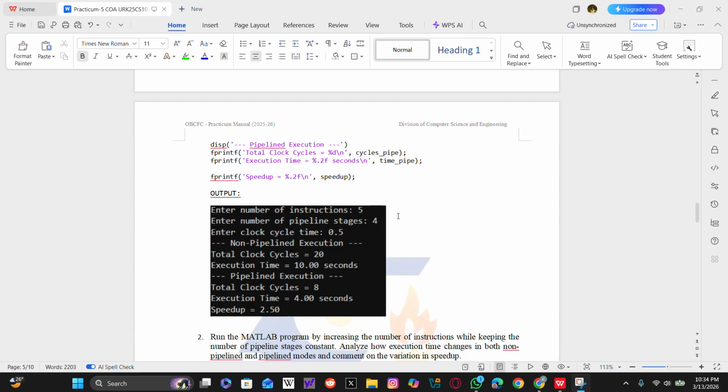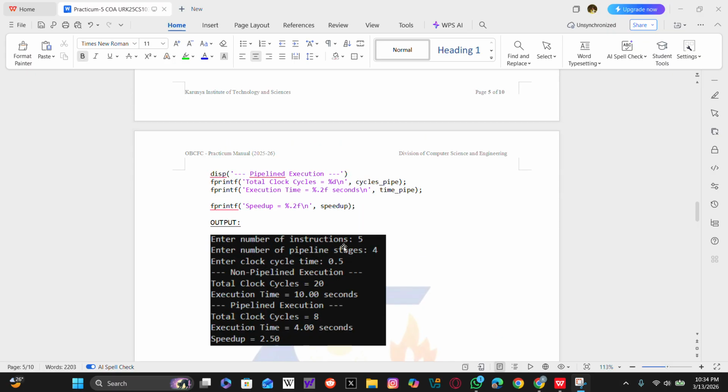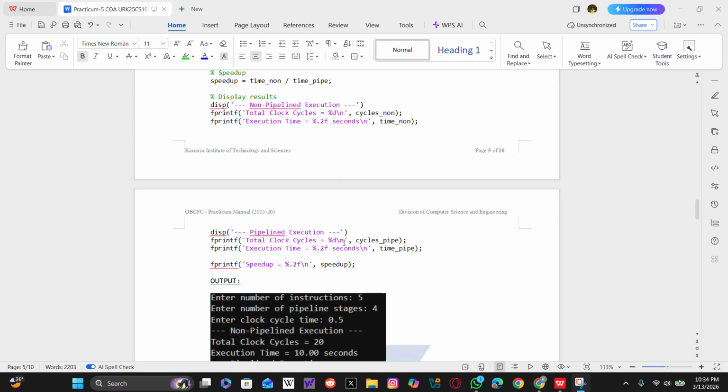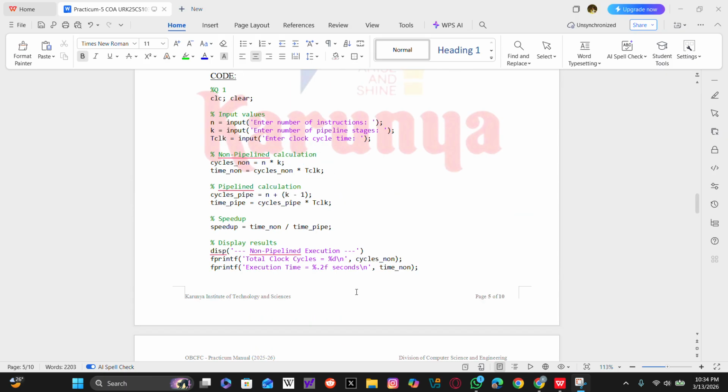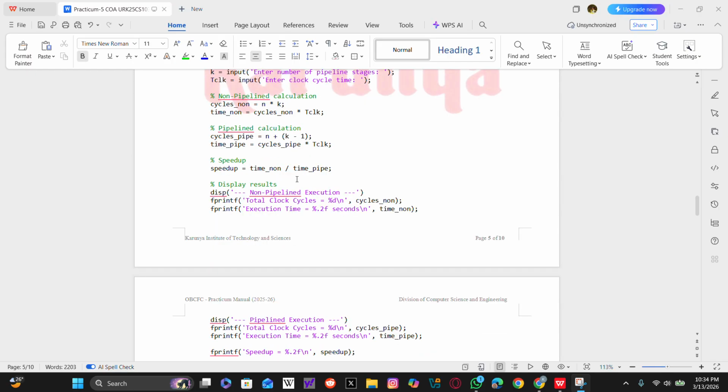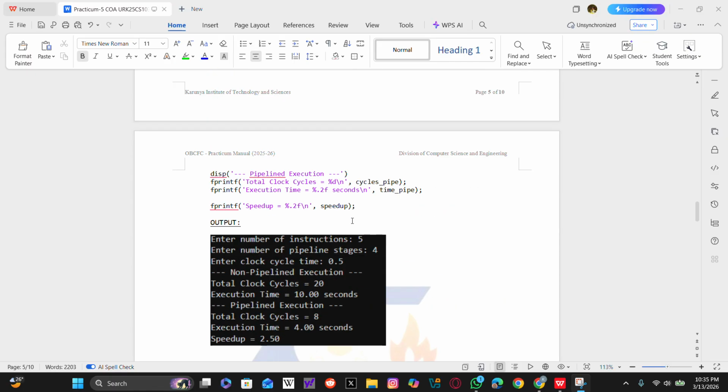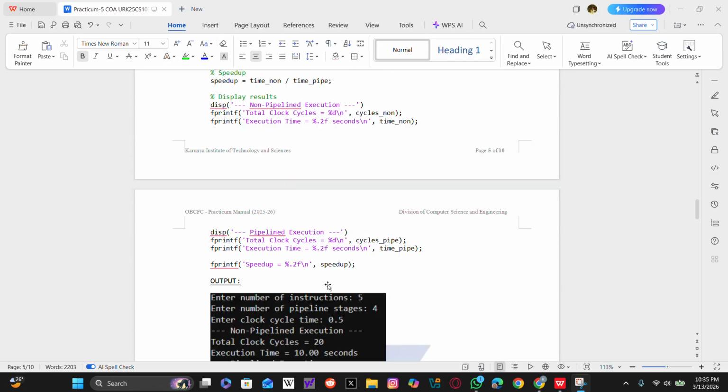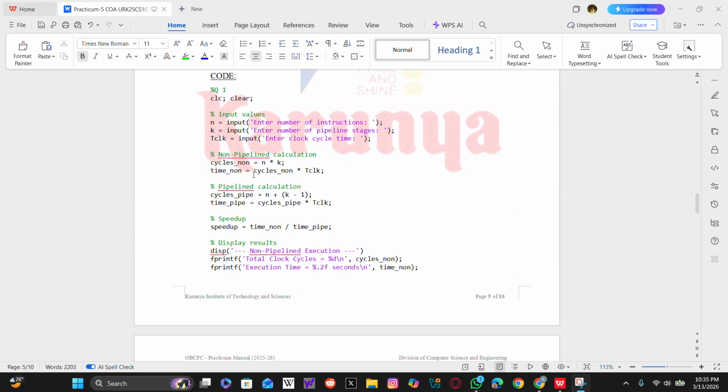The number of instructions has been 5. The pipeline stages has been inserted as 4, and clock cycle time is 0.5. So here, what we have received is total clock cycles for pipeline is similar, n plus k minus 1. Non-pipeline is 20, which is n into k, and after that